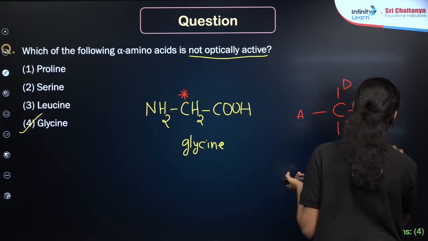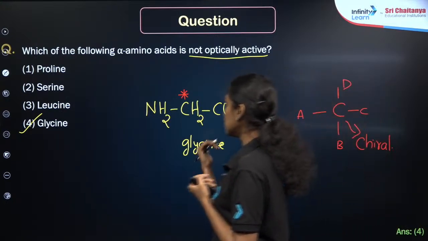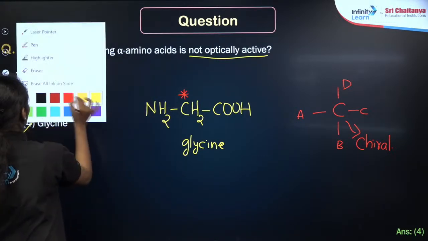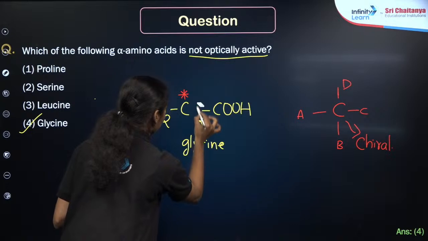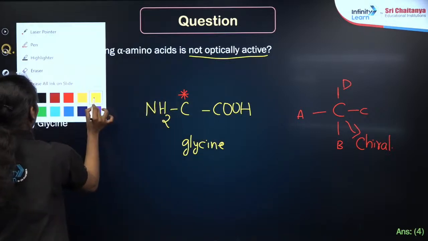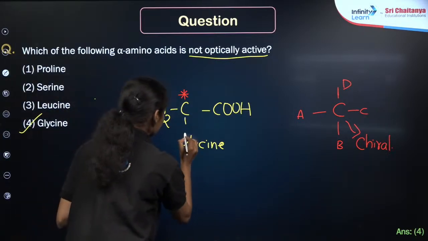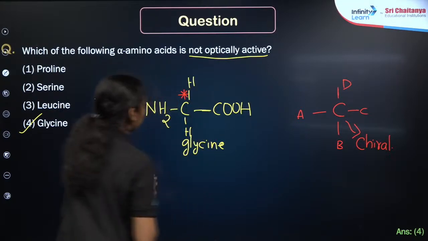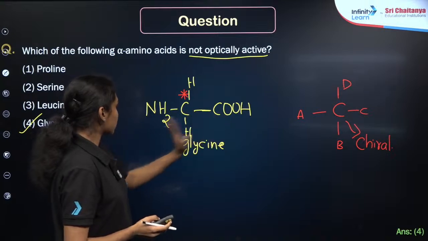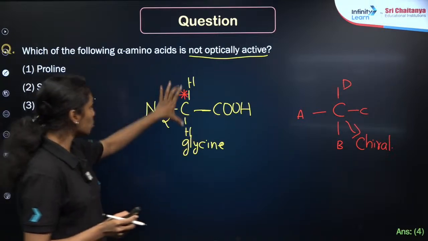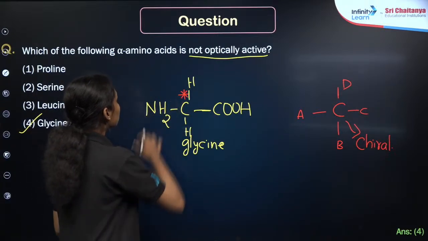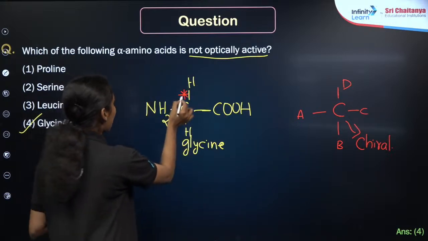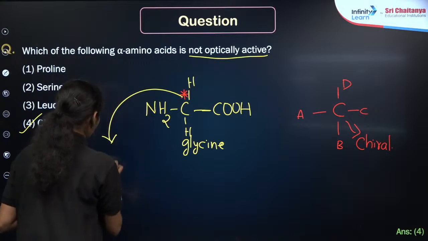Then what about the glycine molecule? How can we say this is not a chiral carbon? If I elaborate this carbon, I am just writing like this, right? This is CH2COOH, which means the same carbon contains 2 same hydrogen atoms. So, there are no 4 different groups attached to the carbon. So, I can say that this carbon is achiral or non-chiral. Achiral carbon.